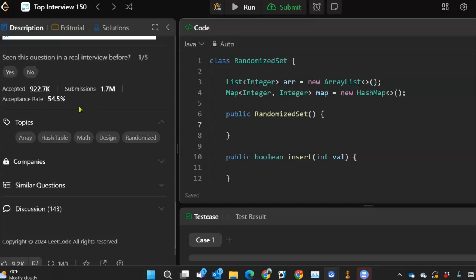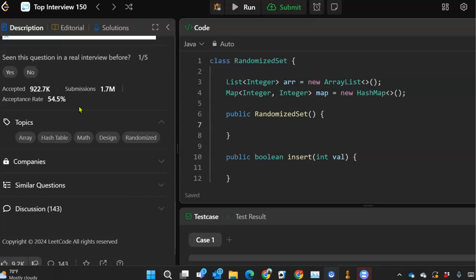What we're going to have in the HashMap is the array values as keys, because that lets us do an O(1) lookup for things like insert and remove. We can do an O(1) lookup and see if that value is in the ArrayList. So the array values are keys, and the array indexes are